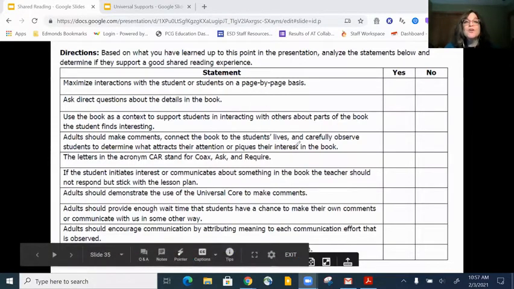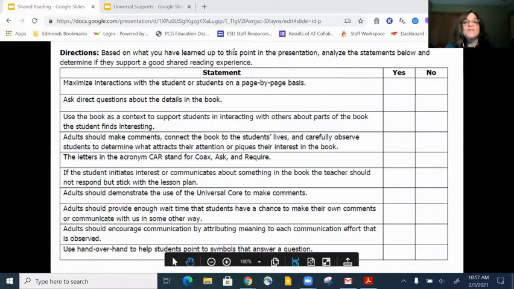So if you'll read these, and then let's see, I'll show you. I'm going to go to my annotation. I've got a stamp. It's February. I'm going to do a heart. And I'll put it there. So if everybody can go and put kind of what they think is the right answer, then we'll talk about it.